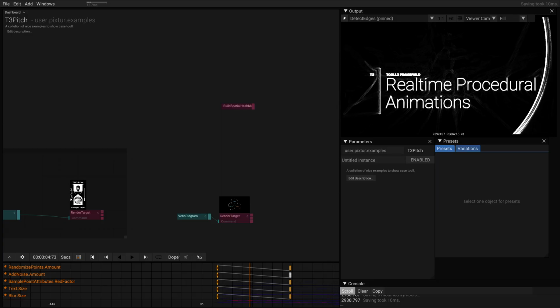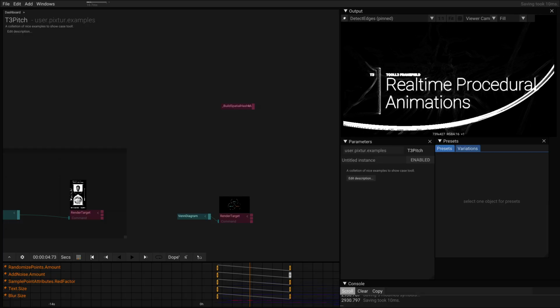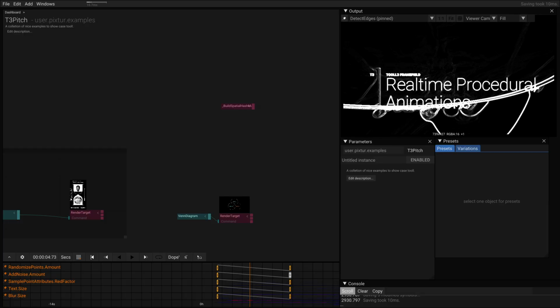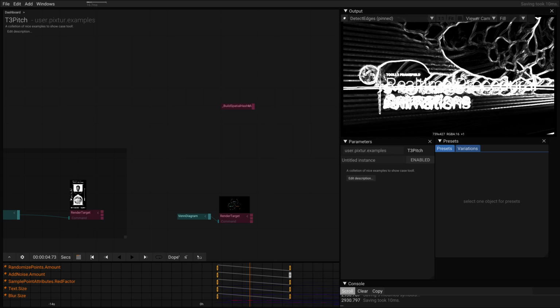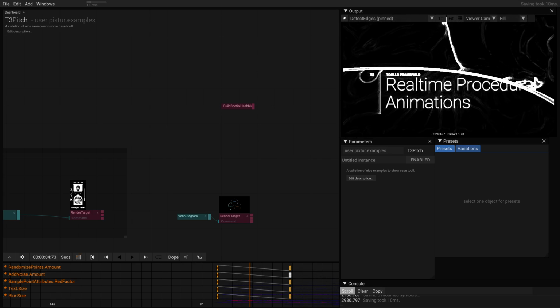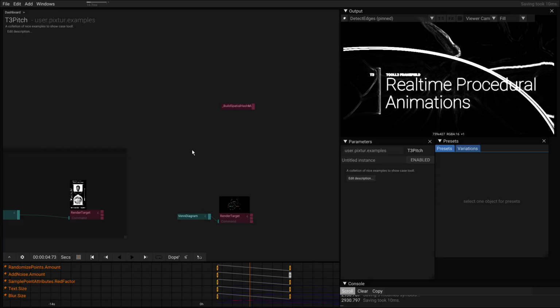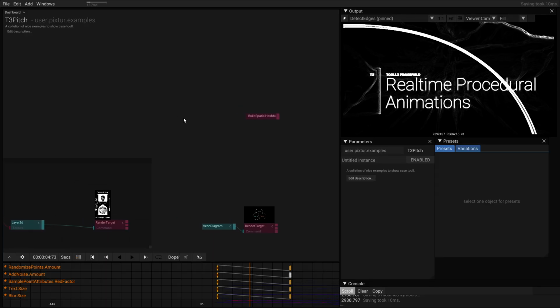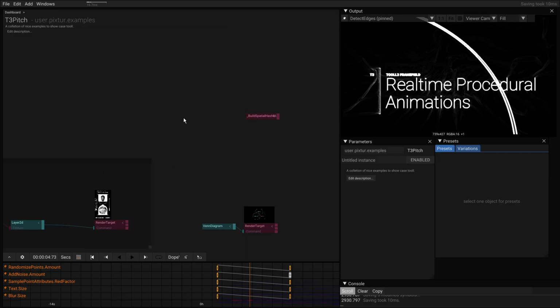Let me scroll through my list of things I wanted to say. Yeah. So what's the current state? The current state is we are working on this. It's open source. If you go to github.com/scene/t3, I will post this URL in the description. You can currently install it and run it.